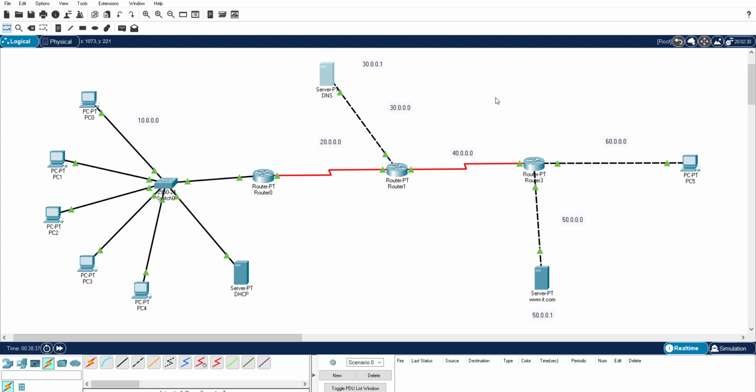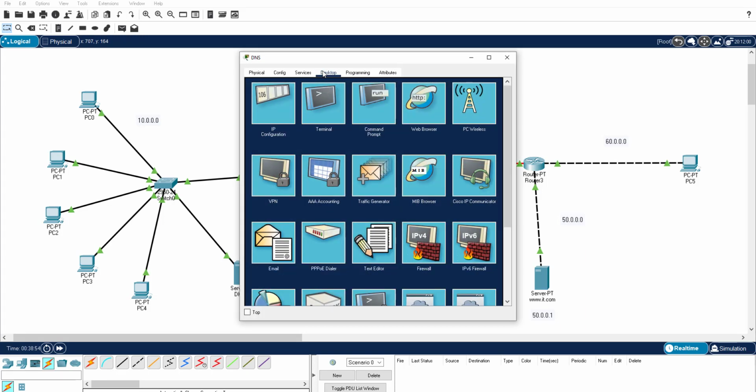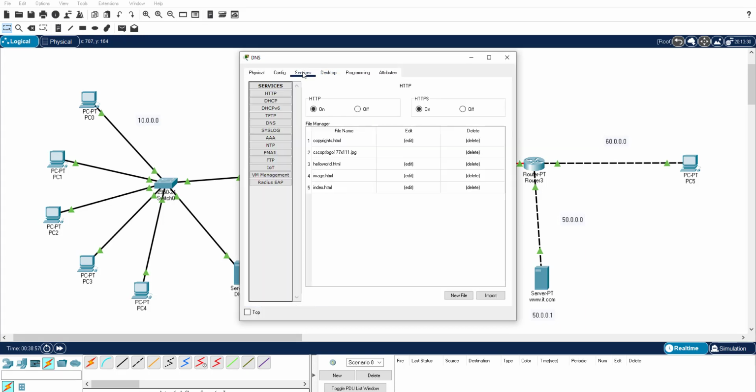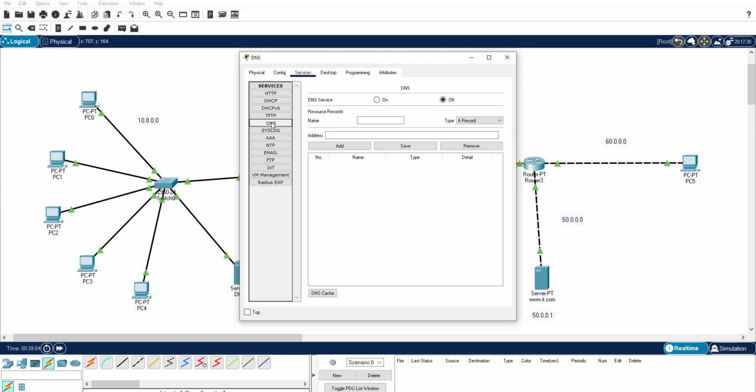For example, www.it.com. If I give it.com, automatically the it.com will be converted into 50.0.0.1. So we have to fix this in the DNS machine, that is called creating the records. So let me go to the DNS machine. In this machine, you can see the services. There are plenty of services available. Which service do I need? I need the DNS service. By default, the DNS service is switched off here. So I want to make it on. We will do it later. We have to create a record.